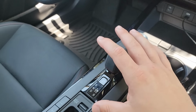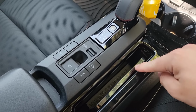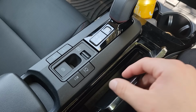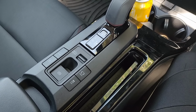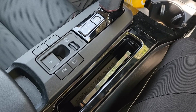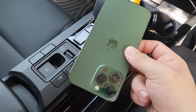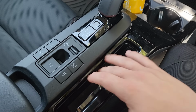And also, speaking of huge wins in the interior, I'm a huge fan of this wireless phone charger over here. You can see it does say wireless charger inside over there, but you pretty much just slide your phone inside and it starts charging, and it works surprisingly well. Now, it doesn't work if you have a big case on your phone, but I'm not somebody who wears a case on their phones,